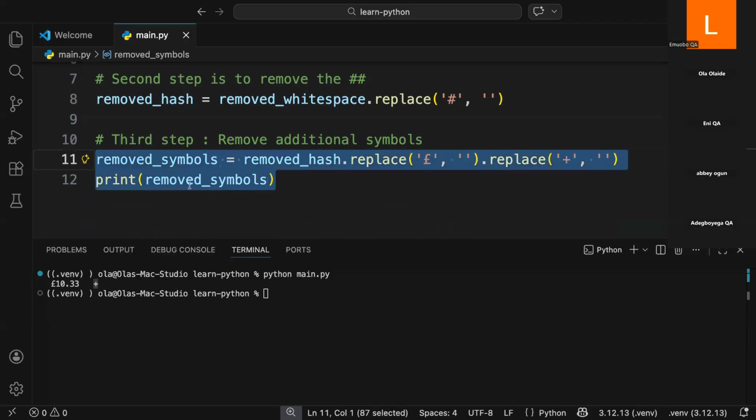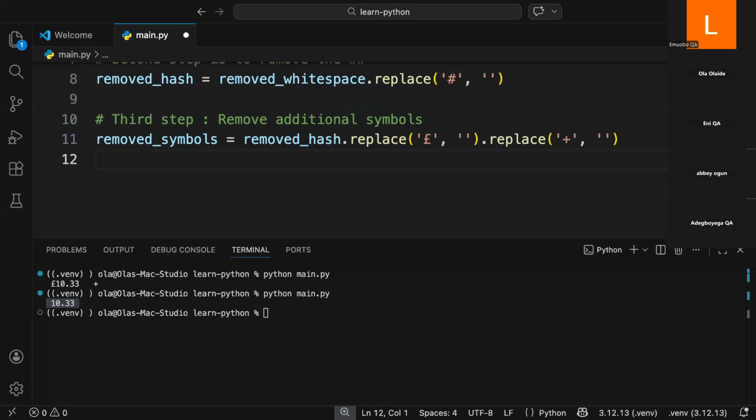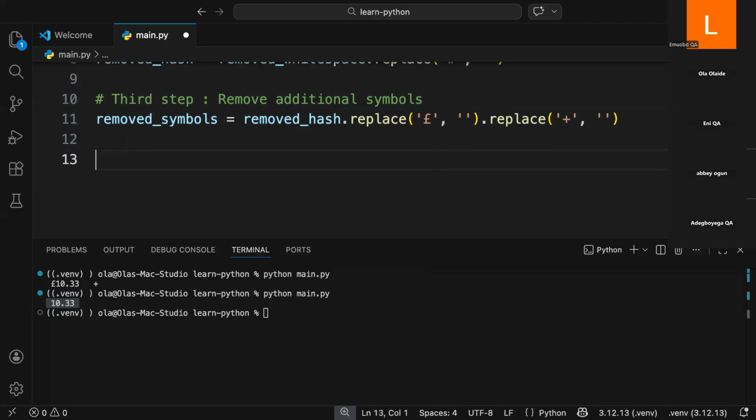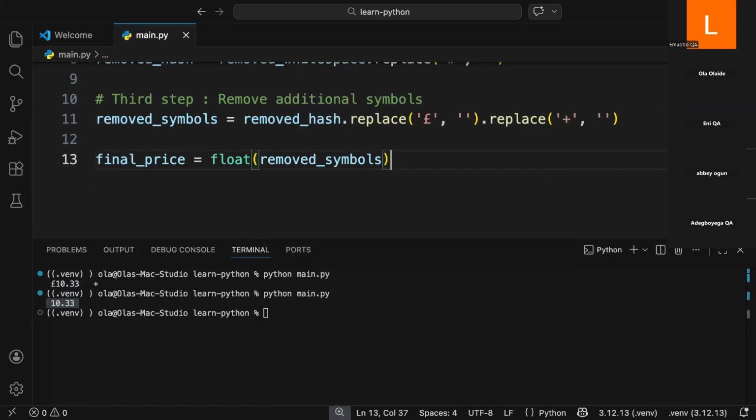So remove symbol. I'm going to print this one out. We should see just 10.33 with some trailing strings at the ending. And when I print it, as you can see, we have 10.33, but this is still a string. So if I try to convert it to a float, let's see what happens. You can see final price, custom float of removed symbol. And I can print out